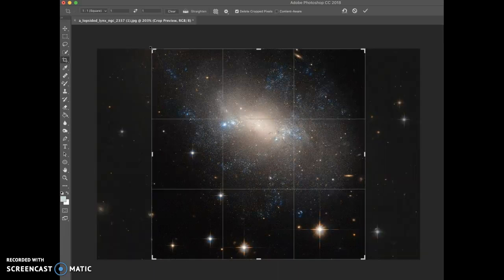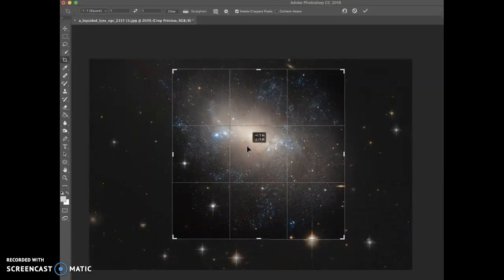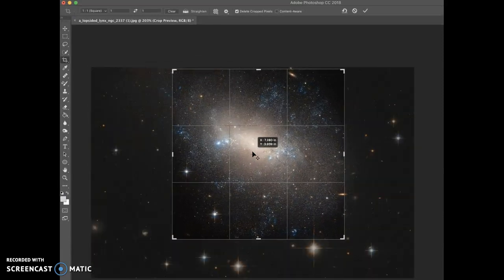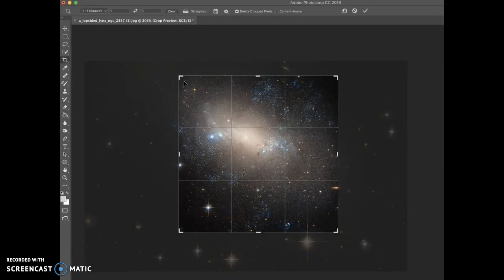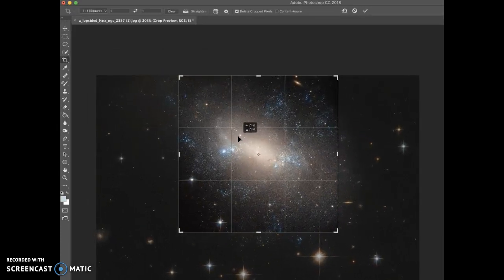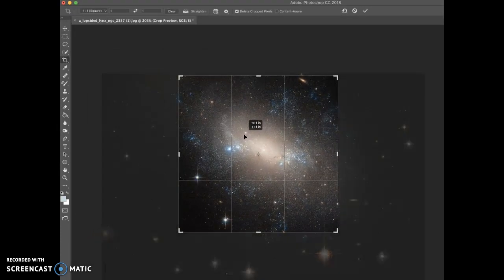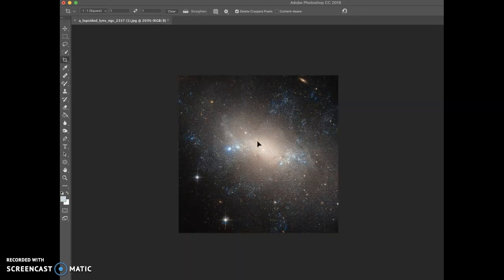I can set the selection here, maybe a little off center. The focal point will be off center and it has a little bit of contrast here. I'll make my selection